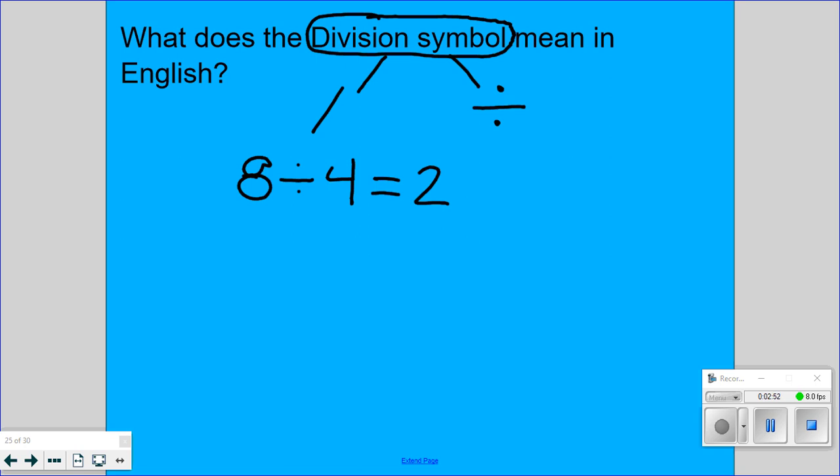Let's start with this first symbol. What does this symbol mean? Bryson? 8. 8 things. What things? Anything. Could be 8 socks. Could be 8 cupcakes. Could be 8 Brysons. What a time to be alive. 8